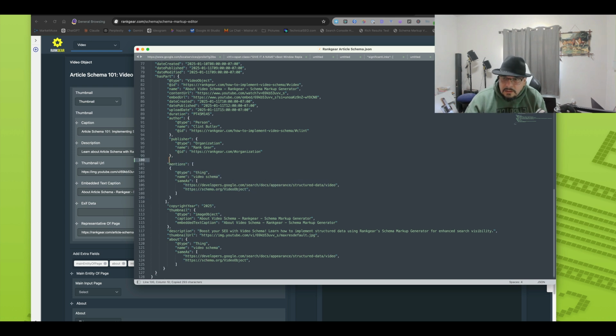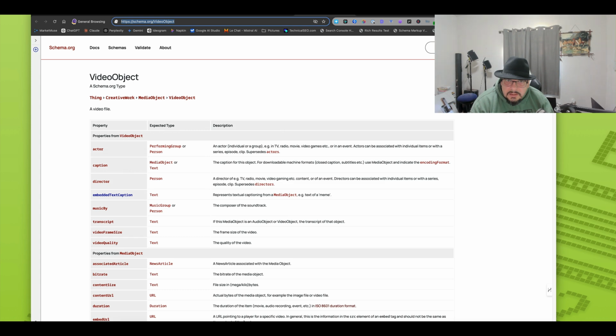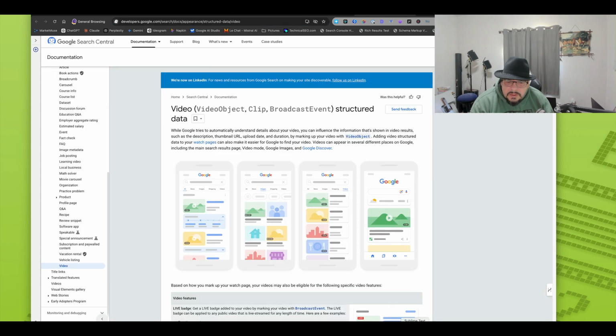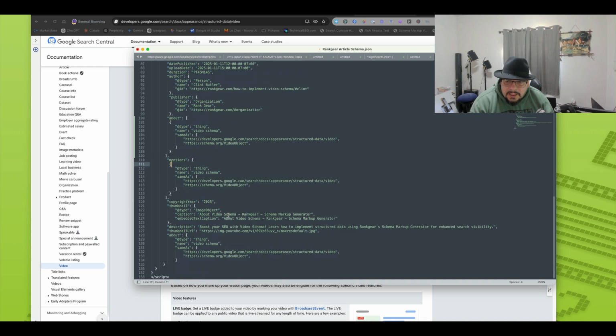Enter. My spacing right. And then just change this to about. And there you go. And then I have my 2 citation sources, obviously the video schema.org and then the Google reference citations. And then I have video object